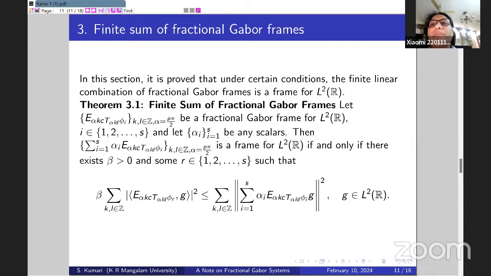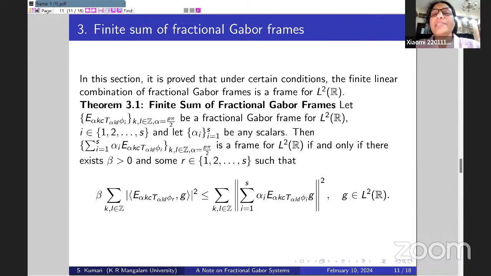Let {φ_i}, i = 1 to S, be fractional Gabor frames for L2(R), with S any natural number, and let α_i, where i goes from 1 to S, be any scalars. Then the sum of α_i E_{αk} T_{αl} φ_i, where k and l are integers and α is pπ/2, is a frame for L2(R)